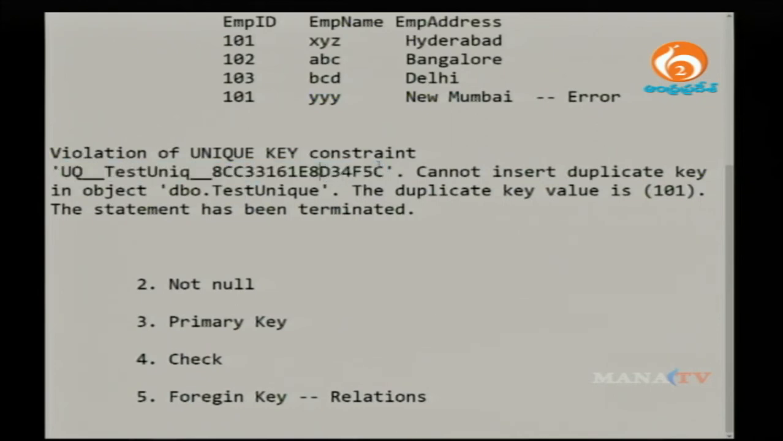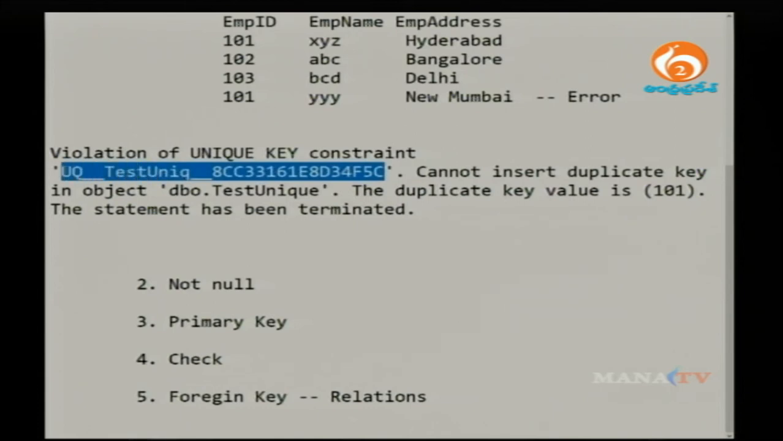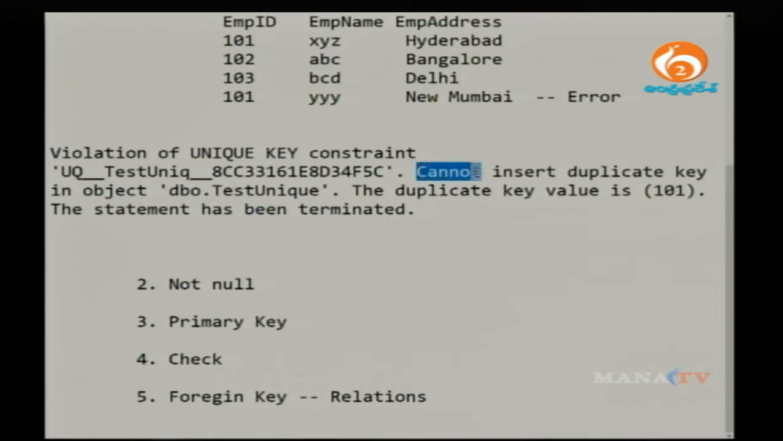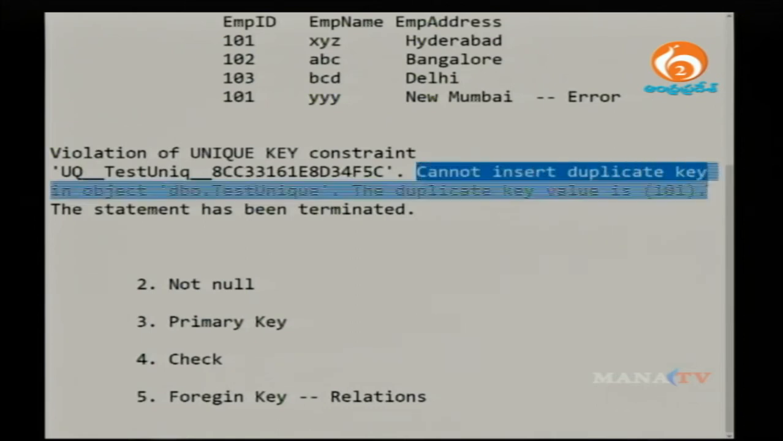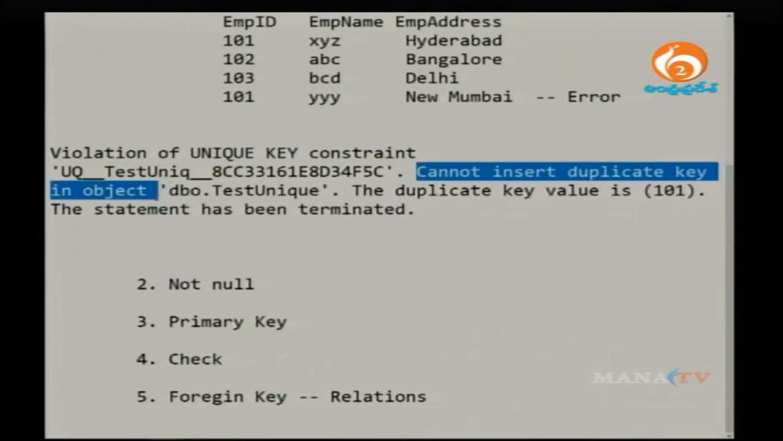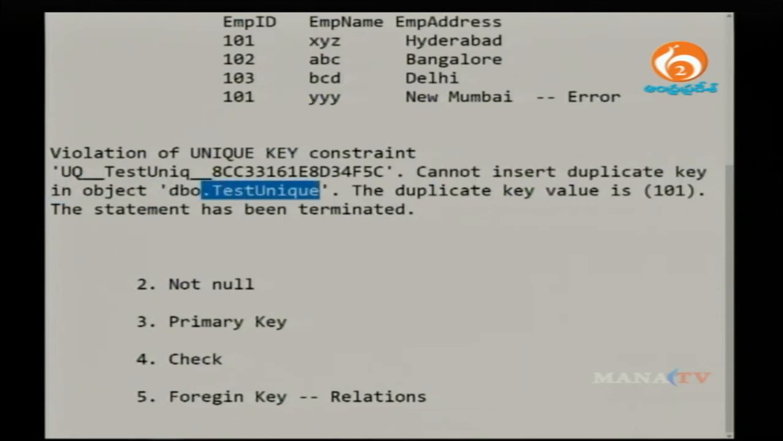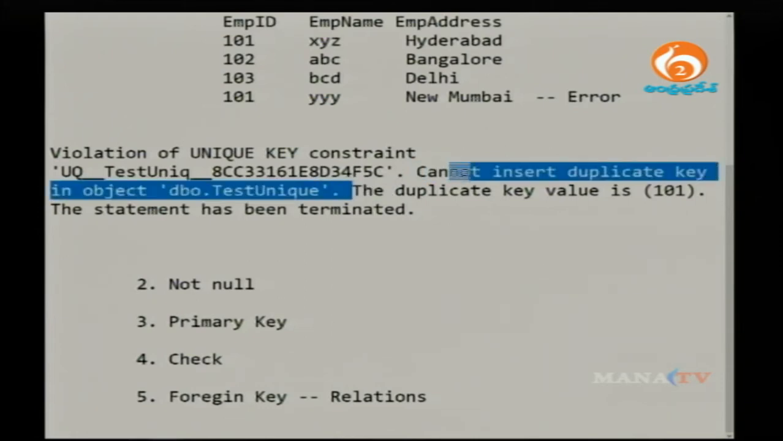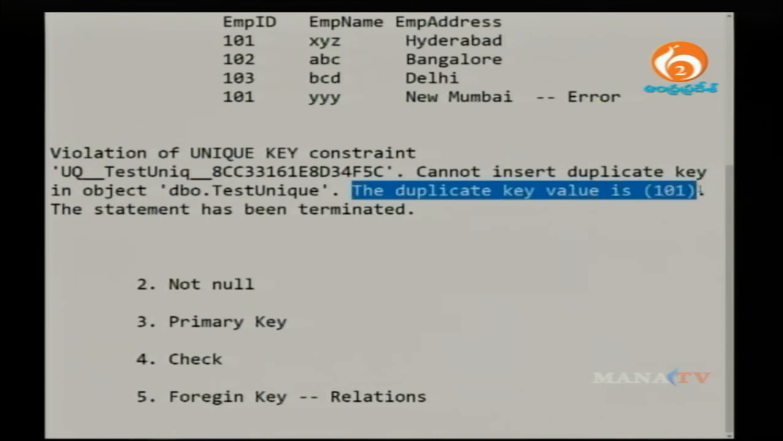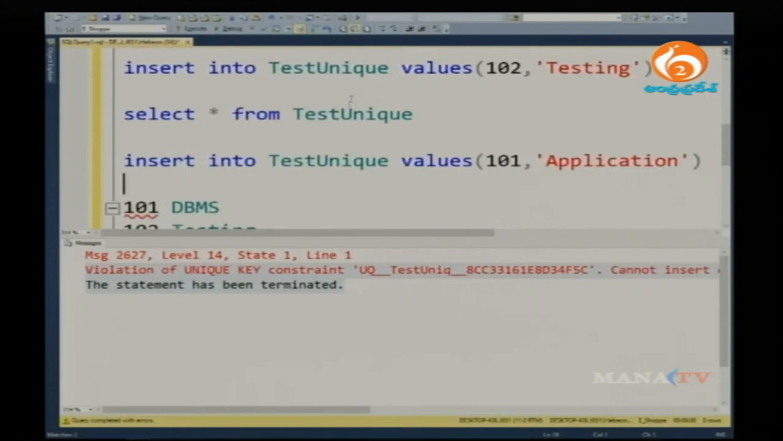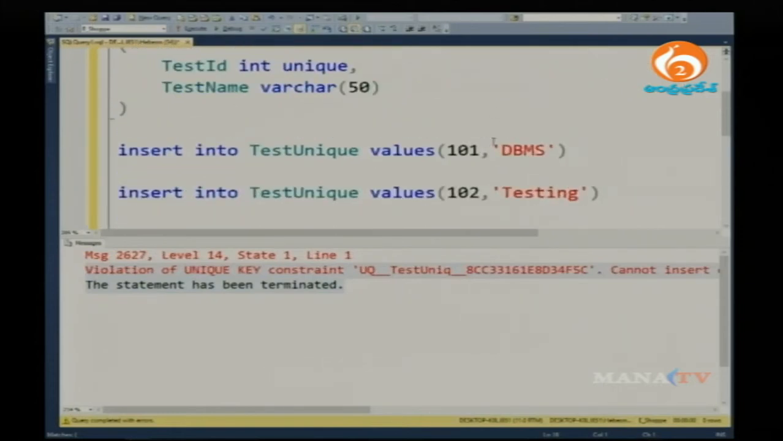We can also decrease this error message, but right now I'm not decreasing it. Let me take that up the next day. Can't insert a duplicate key into an object called task unique, so that the duplicate keys or values of 101. So now what I'm trying to do is, here you already have a 101 record in the same